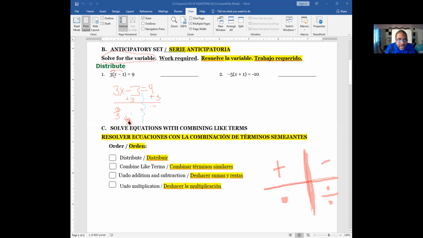So x, and what's 12 divided by 3? In your calculators, it's 4. So the solution, the answer, is x equals 4. We can go ahead and put our answer right here: x equals 4. Good. We had to go through that entire process, but that's okay. That's what we do sometimes. So now we've solved